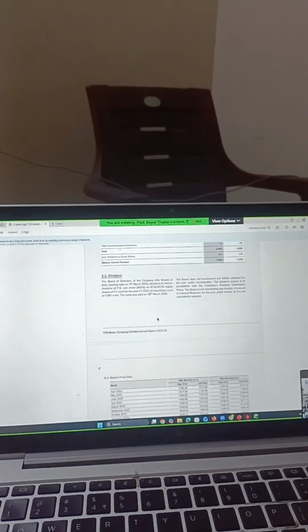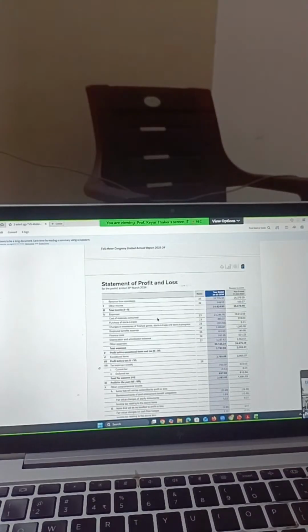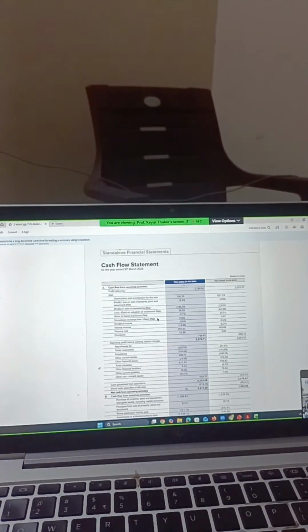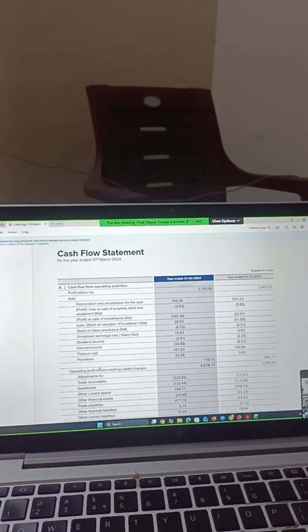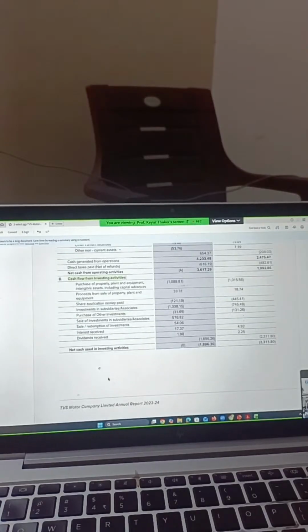So we looked at the company's financial performance and we looked at the company's balance sheet in the last interaction. Then we looked at the company's profit and loss statement. Now there is a third statement which is called the cash flow statement. So what does this statement show you? This statement shows you cash flow from operating activities. That is the first thing it shows you. Then it shows you the cash flow from investing activities in detail. And then it shows